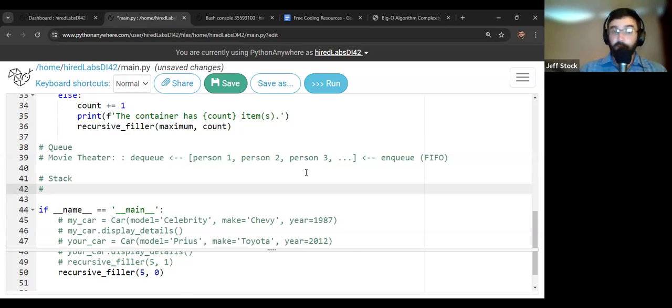So, but again, let's make sure that we're asking why along the way. It's more important that we understand why we're doing these things than that we get through each and every example. So, a stack. Let's think of this as we're going to use a list again, but this is going to be a stack of plates, like in a restaurant, right? Imagine it's a big stack of plates, and these don't have a number because we don't really care. One plate's about the same as the next.